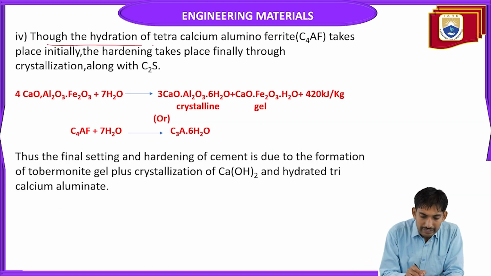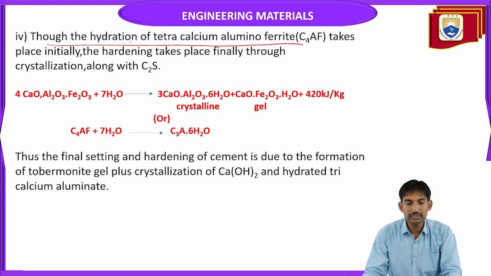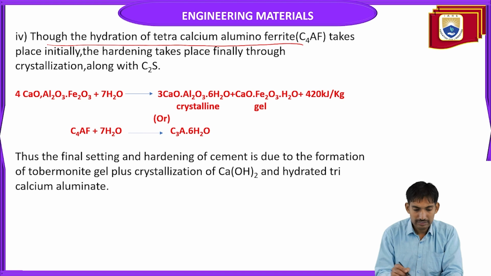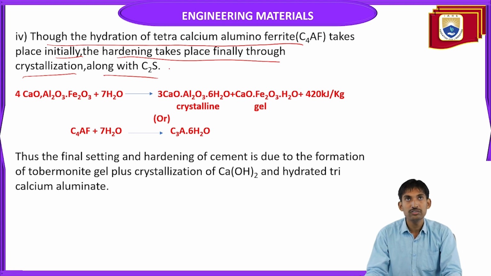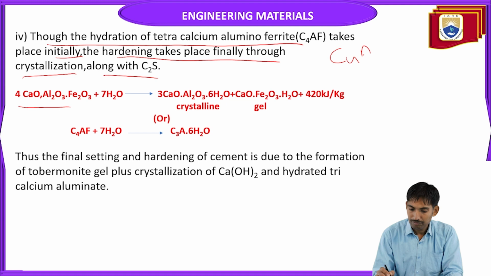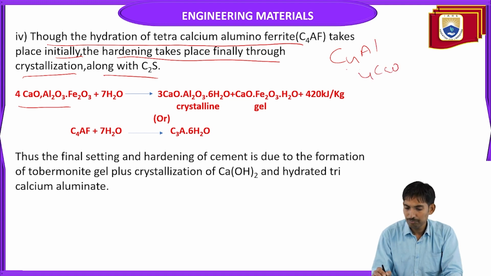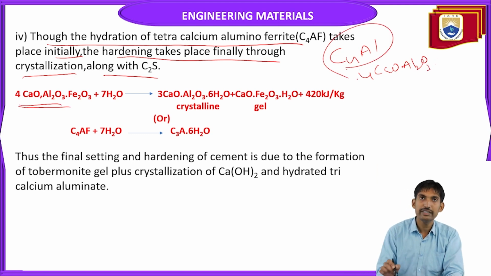Though the hydration of the tetracalcium aluminoferrite takes place initially, the hardening takes place finally through the crystallization along with the C2S. The formula for tetracalcium aluminoferrite is 4CaO Al2O3